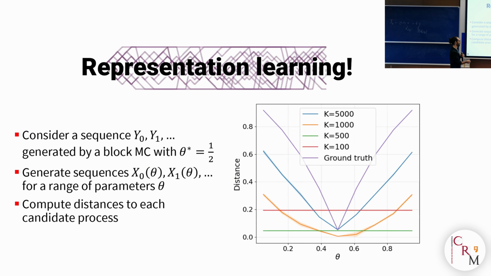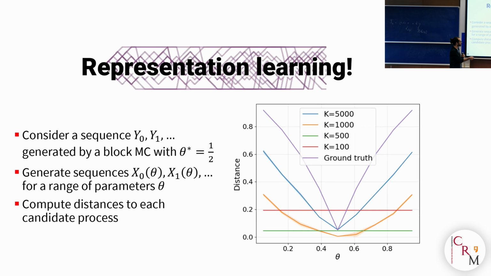And this is the result that we get after computing the bisimulation metric, or the optimal transport distance between these sample processes. As you see, this correctly points out that the theta that is at the lowest distance from the observations that we get is exactly at 1/2.